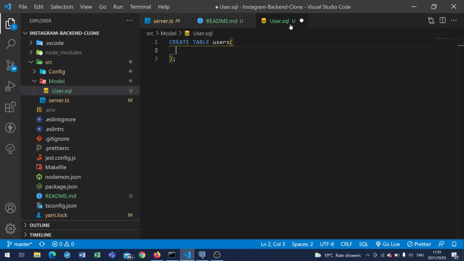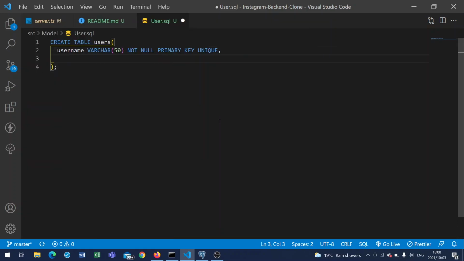So now remember, with regards to our users, we need our username, and this username we'll give it a varchar, and then this will say 50. So here we're saying that this would be somewhat like a string basically, or a text which will have 50 characters, right? And then we'll say that this is not null, and we'll say that this is our primary key, right? Because with regards to this, we'll also have to say this is unique,